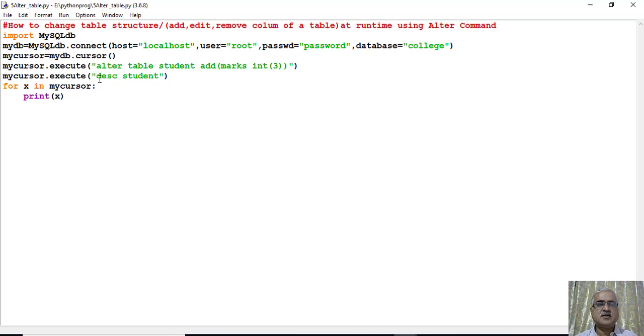We are again executing one more SQL query, describe student, to check whether that particular column is created or not, and we are printing the result by using a for loop.